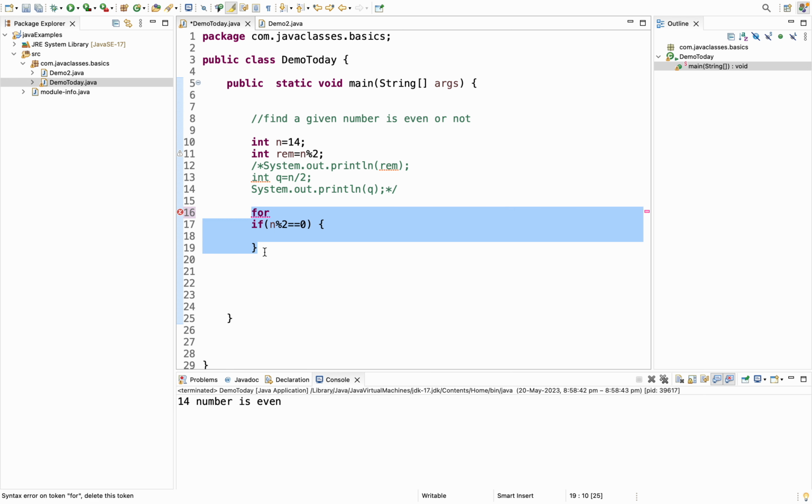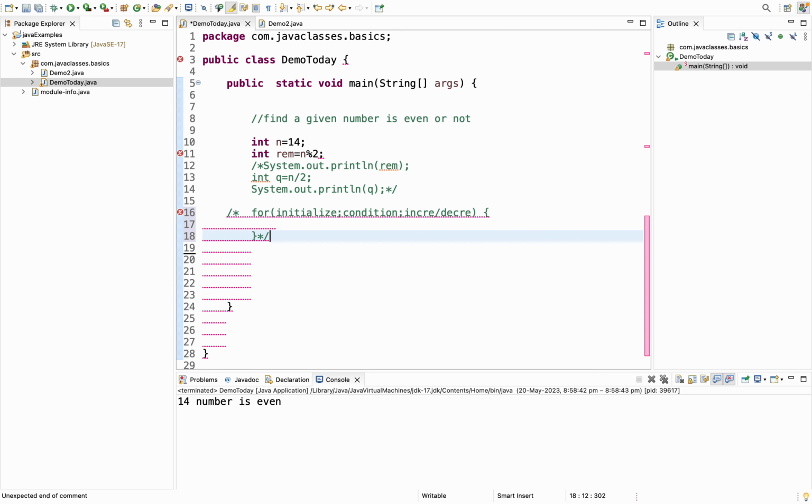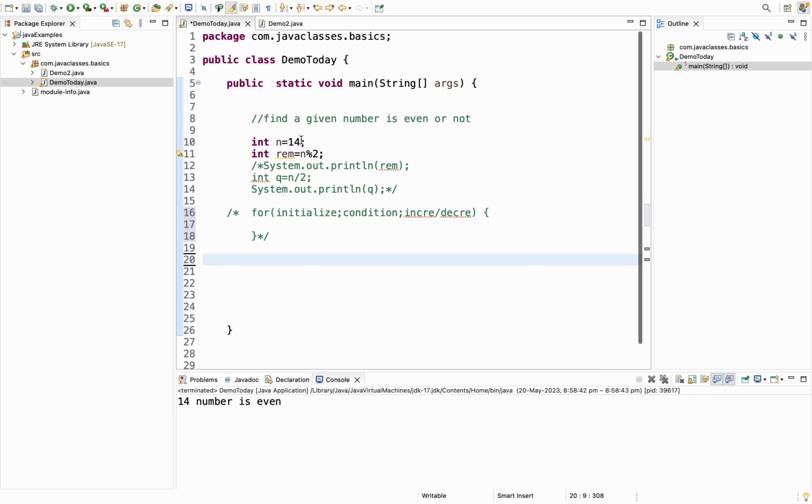First I'll say the syntax of for. First you have to give for, within the bracket you have to initialize the values and then give the condition to it. Condition and increment or decrement. So these are the steps that we need to follow. In this case, when n is equal to 100,